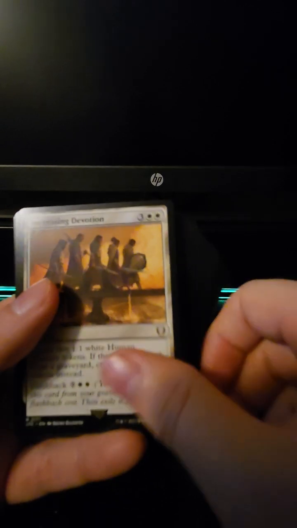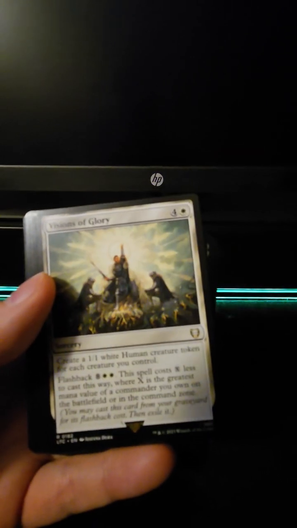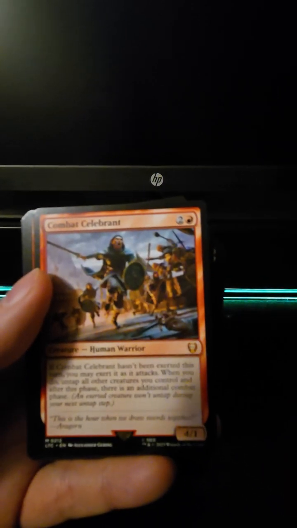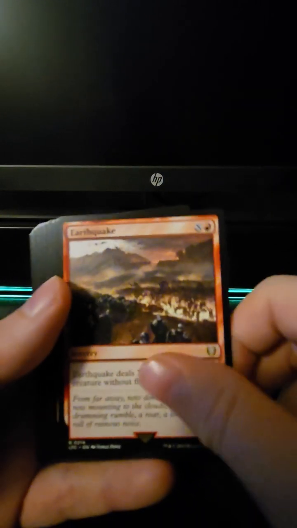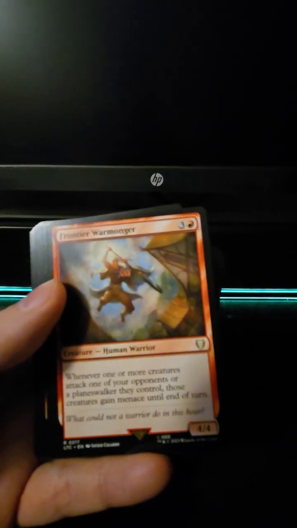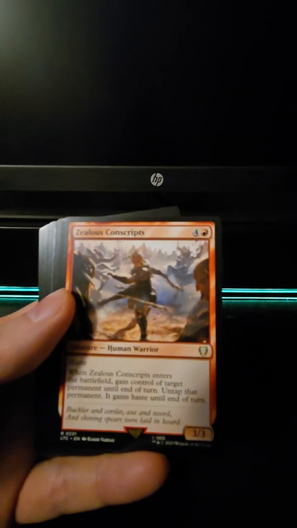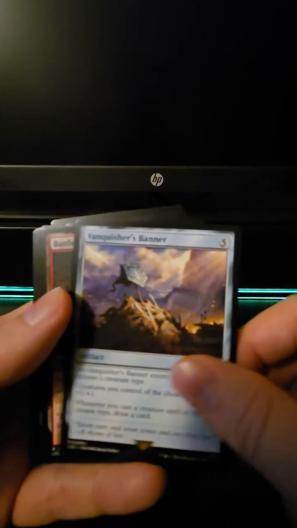Frontline Medic. Increasing Devotion. Marshal's Anthem. Selfless Squire. Unbreakable Formation. Verge Rangers. Visions of Glory. Weathered Wayfarer, Combat Celebrant, Court of Ire, Earthquake, Flame Rush Rider, Frontier Warmonger, Harsh Mentor, Shared Animosity, Zealous Conscripts, Supreme Verdict, Door of Destinies, Vanquisher's Banner,